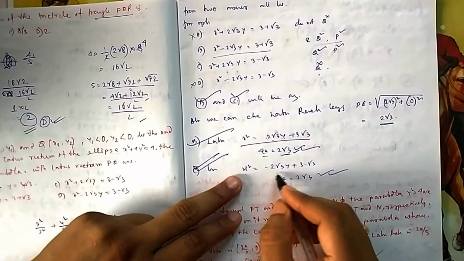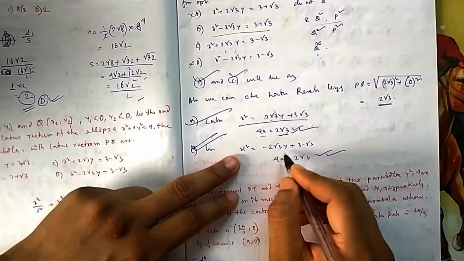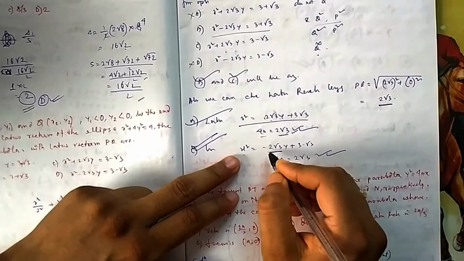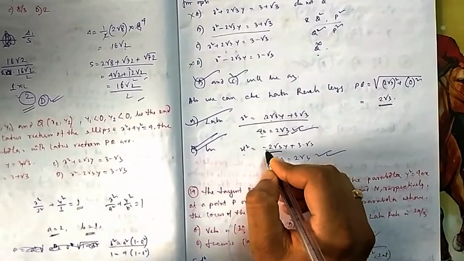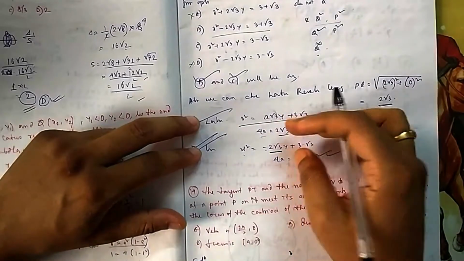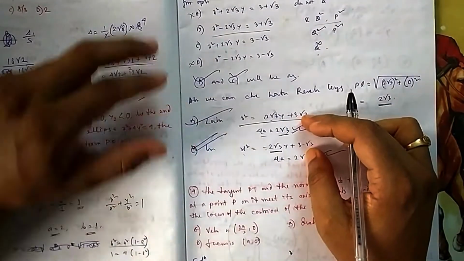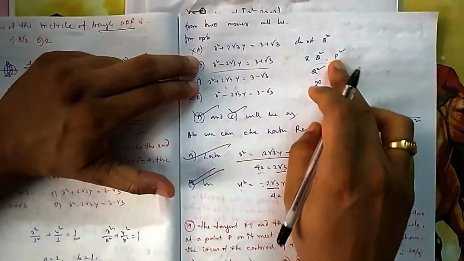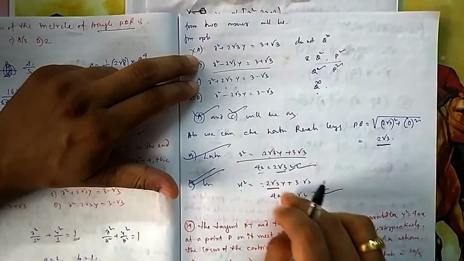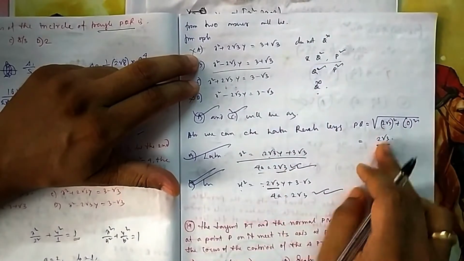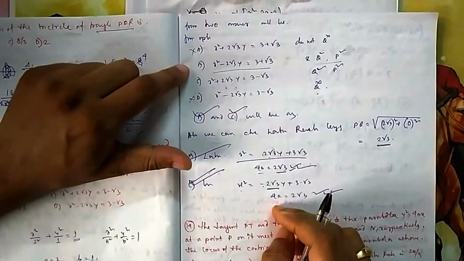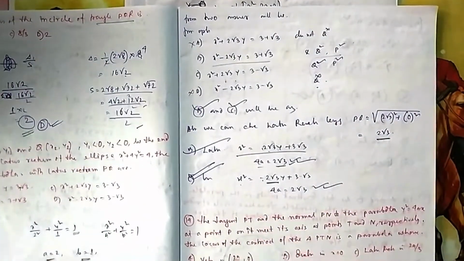For C, what is the latus rectum? You can see again it is 2√3, because one is smiling, one is crying, one is plus, one is minus. So both these parabolas have the same latus rectum. Both these are parabolas, and both are going through P and Q, and their latus rectum is also 2√3. So obviously these two will be the answer, B and C.